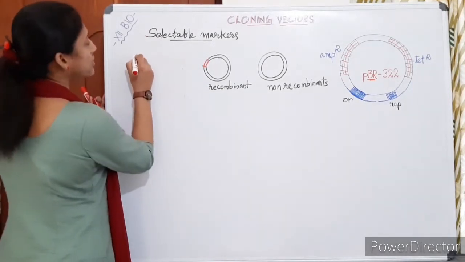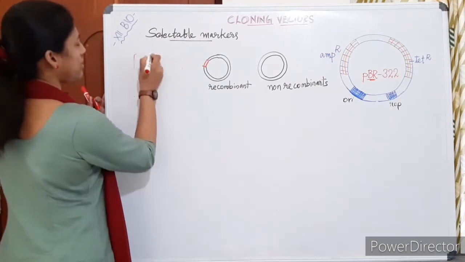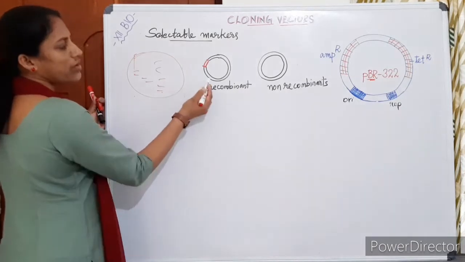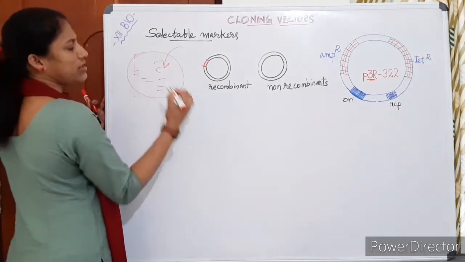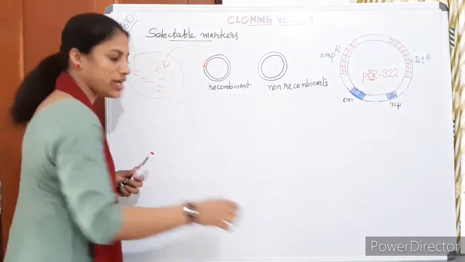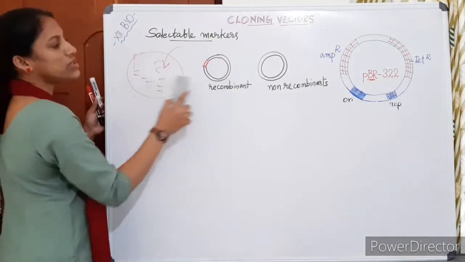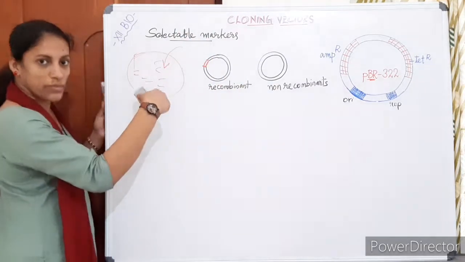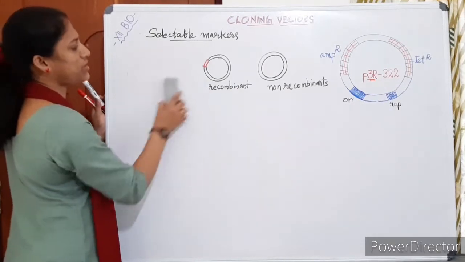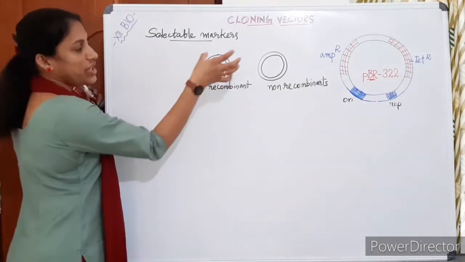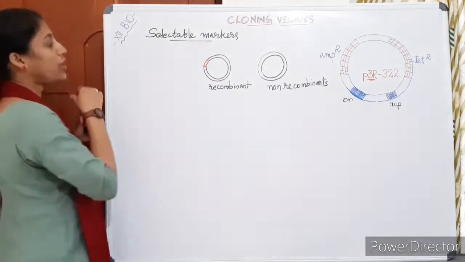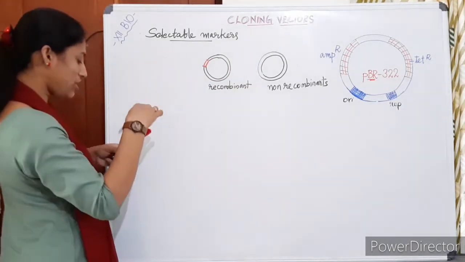Then we are taking the bacteria in any container, suppose a petri dish. A number of bacteria will be grown, and we are introducing this into a conical flask or any container. We are introducing the recombinant or non-recombinant plasmid. We have no idea how to separate that. So all these plasmids we insert here by a technique. We will discuss later how to insert the plasmid by some membrane treatment and all. Anyway, when we introduce the plasmids as a whole to a bacterial colony, we have the chance of this way.